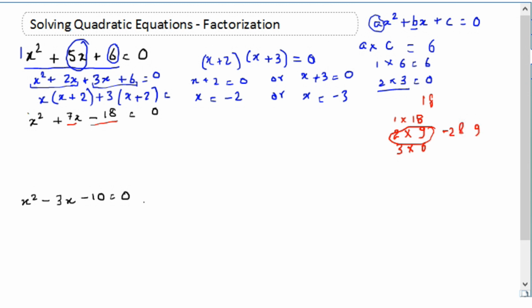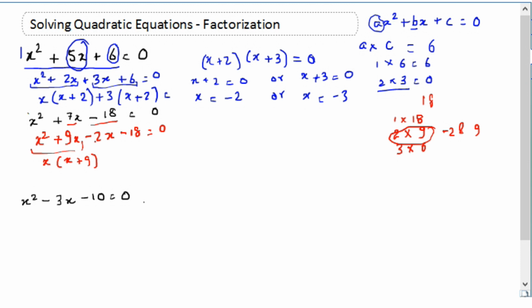Because minus 2 plus 7 gives us plus 7, and minus 2 multiplied by 9 gives us minus 18. So those are two numbers, so we can write it like x square plus 9x minus 2x, because again 9x minus 2x gives us 7x, so we are again splitting the middle term. Minus 18 is equal to 0, or taking common out of these we get x and x plus 9,